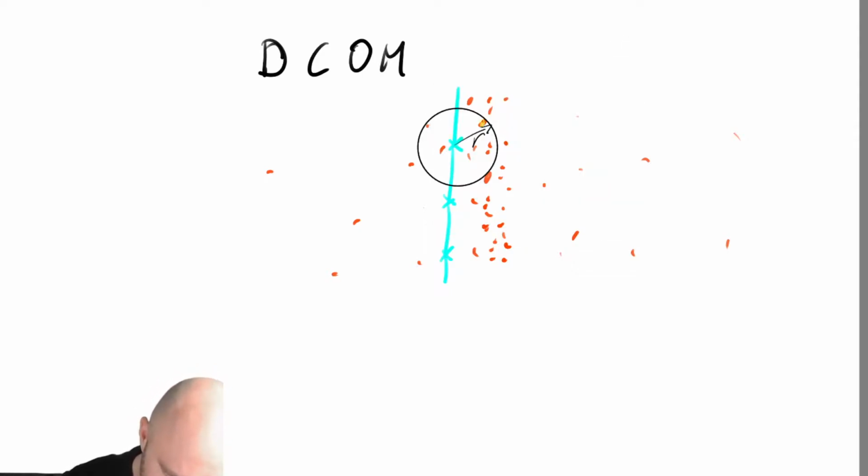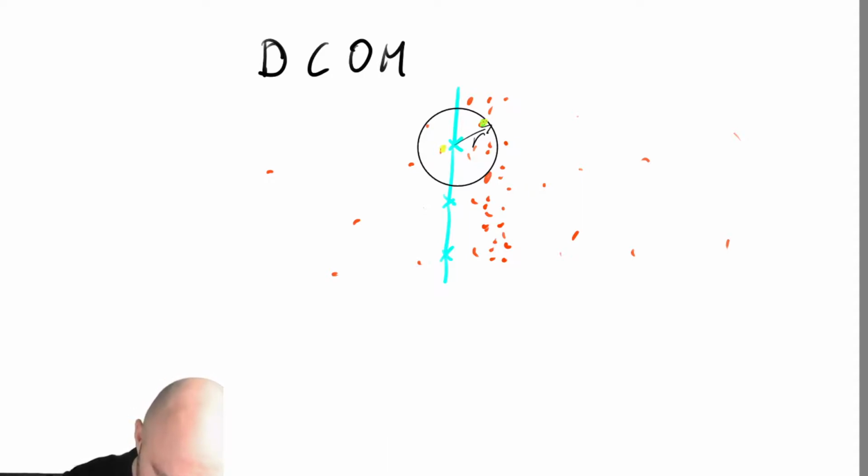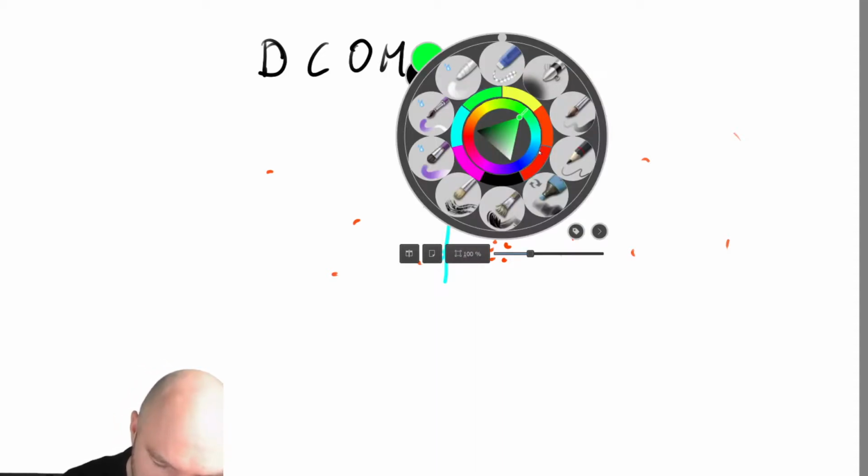And in this case, this atom would be inside the circle, this atom would be in the circle, and I'm seeing my choice of color is stupid. So this atom would be inside, this atom, this atom, this atom. And now I'm just calculating what the center of mass is of these atoms. I've got 5 here, 2 here. So let's say the center of mass would then probably be somewhere around here. And what I'm then doing is I'm going to move